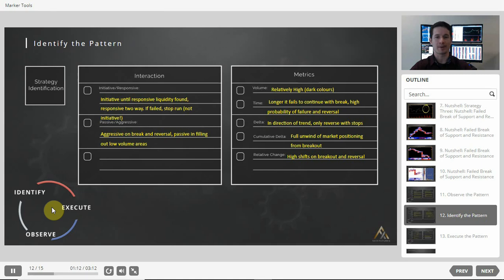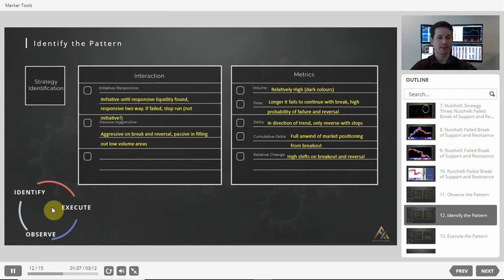We will talk a lot about that in the strategy unit on initiative drives. So do note, initiative requires someone with influence, which is a relatively large time frame participant. What that means, obviously, is initiative doesn't always have to reverse. Stops and stop runs, as in this example, can potentially, very easily and often do reverse and fill